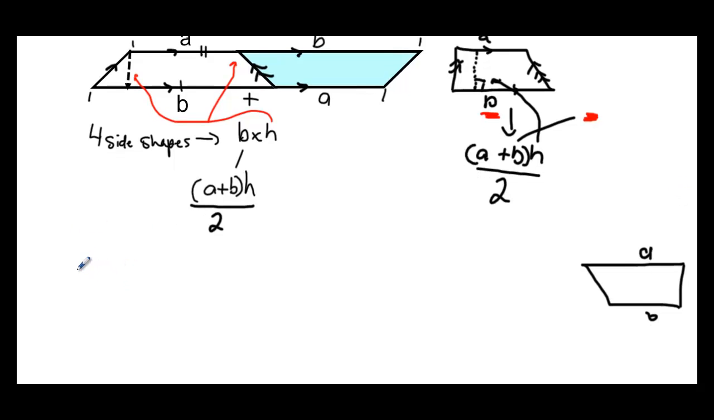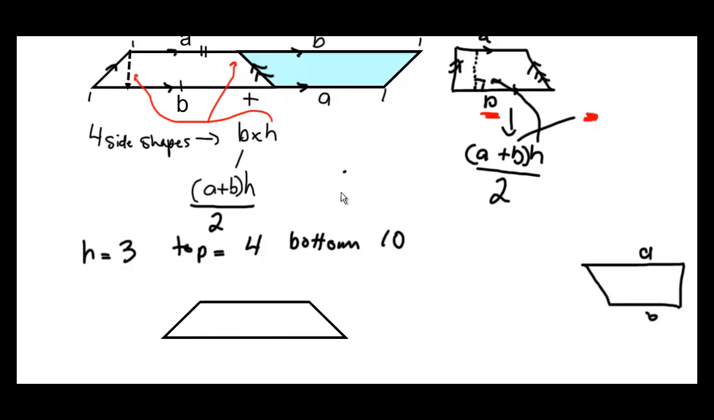So when we're solving problems, let's say that we have a height equal to 3, and our top is equal to 4, and our bottom is equal to, I don't know, maybe 10. So if I were to create that trapezoid, it would look something like this. My top says 4, let's call it centimeters. My bottom says 10 centimeters, and my height